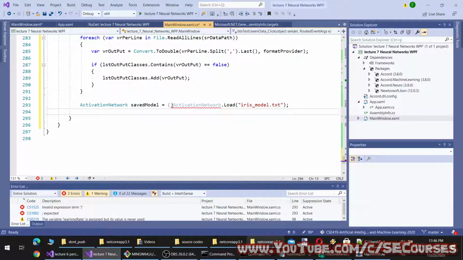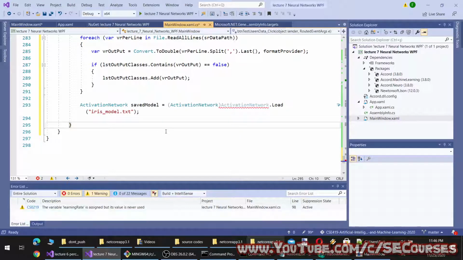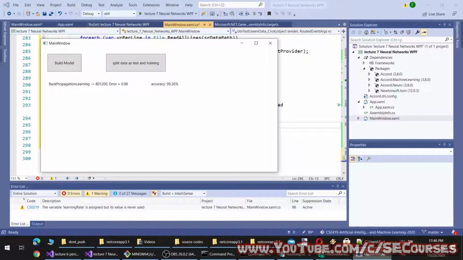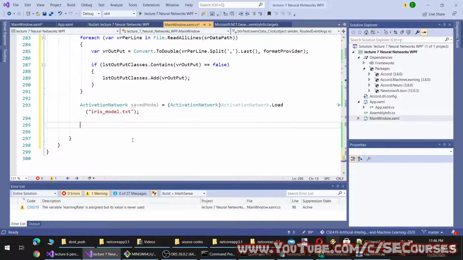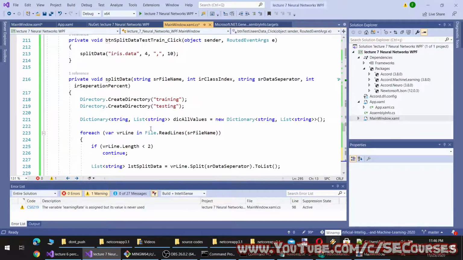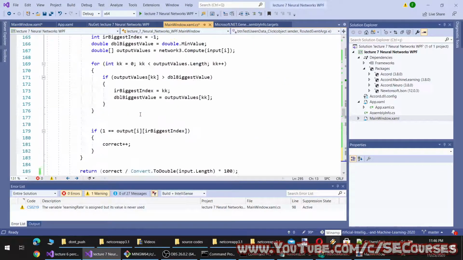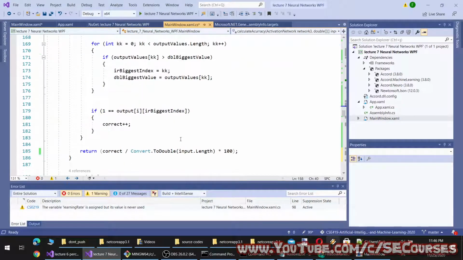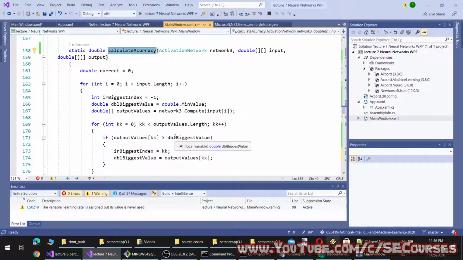What if we make it like this? Okay, let's try this. I hope it will work. Okay, it is still running. And then we will just call our calculate accuracy.